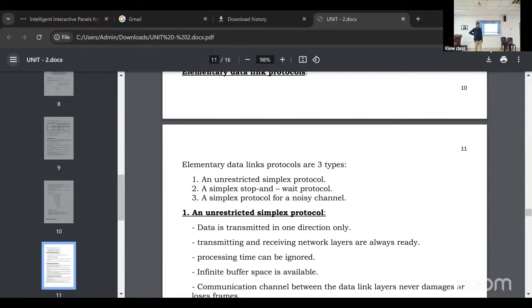Static means, for example, in a family there are 6 members and there are 3 apples. The 6 members want to eat.